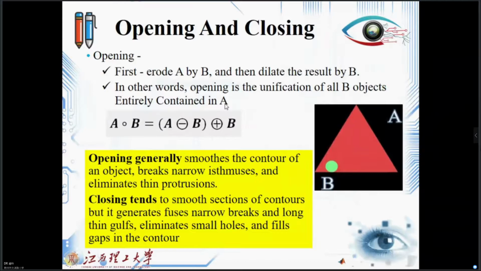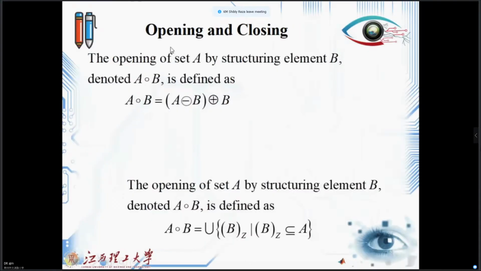Generally, opening smooths the contours of an object, breaks narrow connections, and eliminates thin parts. Then closing smooths sections of the contours, but it fuses narrow breaks and long thin gulfs, eliminates small holes, and fills gaps in the contours. If we want to see this opening and closing in the